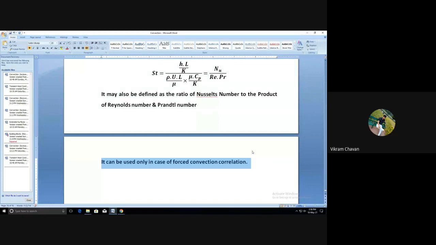Is there any doubt, any question on these three dimensionless numbers? In the next lecture, we'll discuss the significance of Grashof number, Peclet number, and Graetz number also. The remaining four dimensionless numbers, their significance and formulation we will discuss in the next lecture, which will be useful to solve the problems on convection.